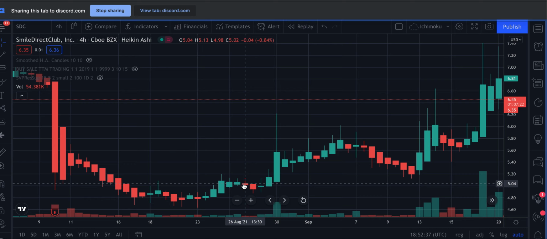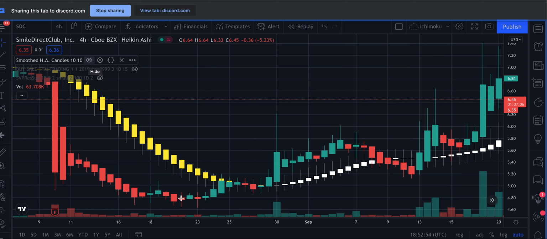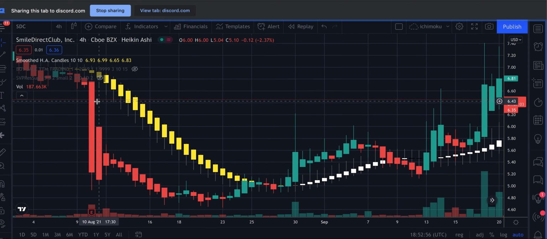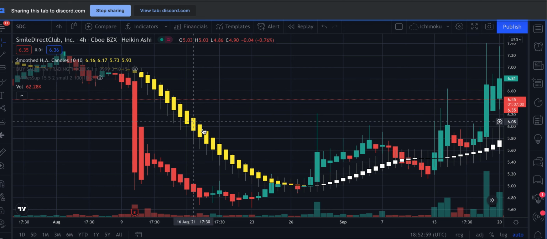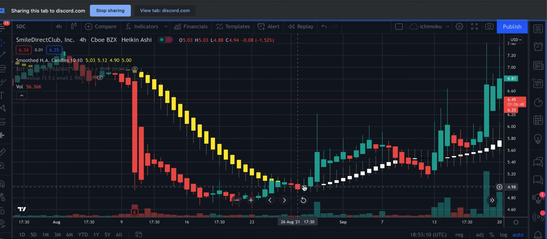But how can you tell that it's still gonna go up when you start seeing this area right here? You're already seeing the downtrend, which is the two wicks and a small body. That's where the smooth Heikin candle comes into play. See this? I colored it yellow to show the downtrend, and then the white is about to change to uptrend. So if you notice right here, guys, when it started going up in here, that basically changed the